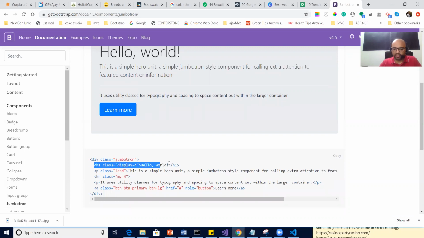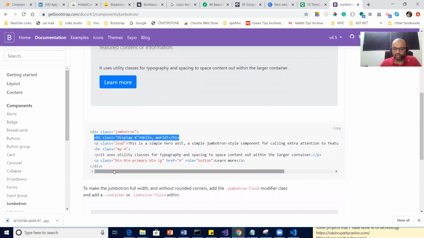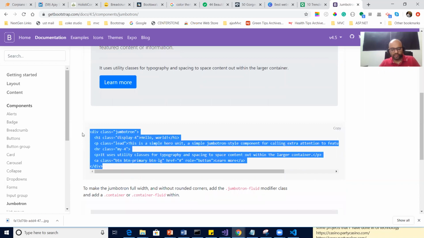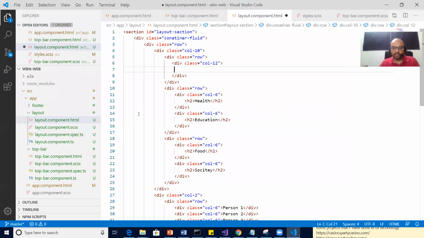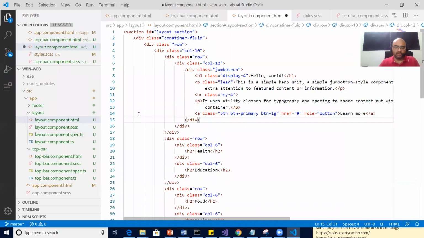You can put your h1 tag which says, let's say, welcome to We Build Nation or something, whatever you want. So we'll pick this class and paste it over here. Correct. And here you see an anchor tag with class button primary.